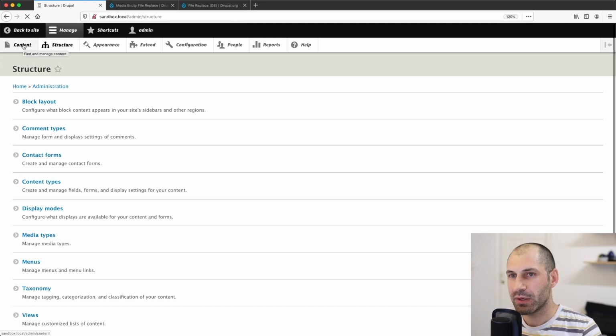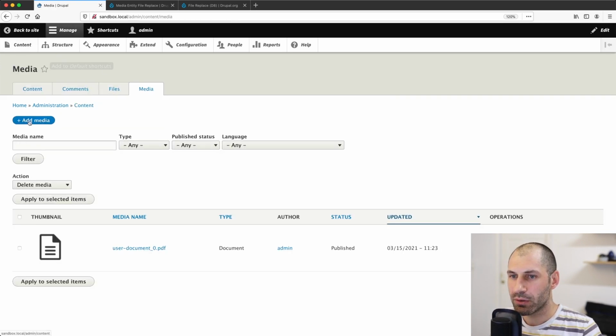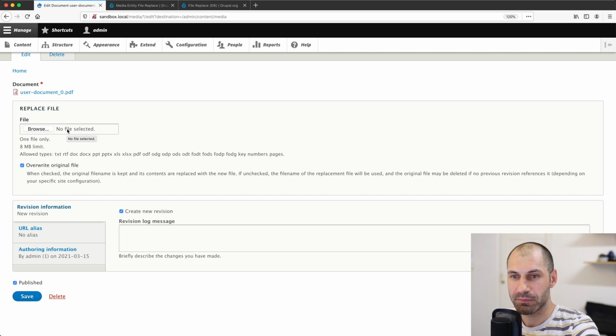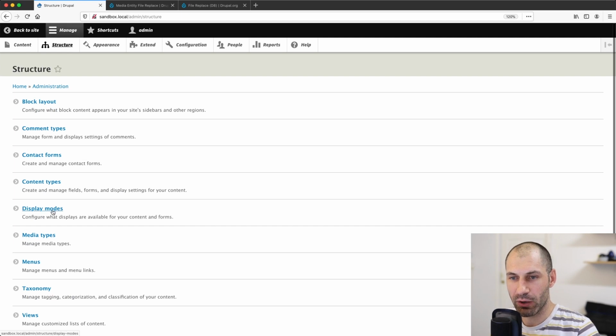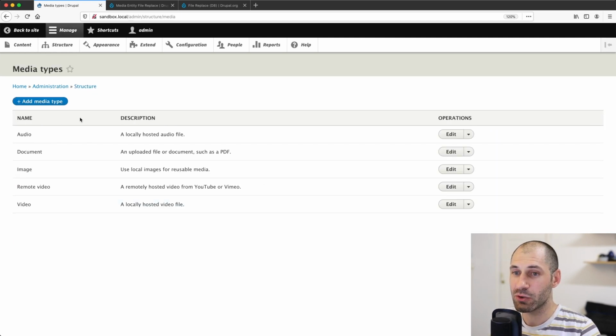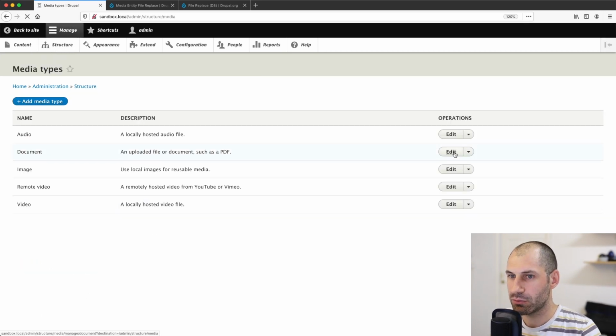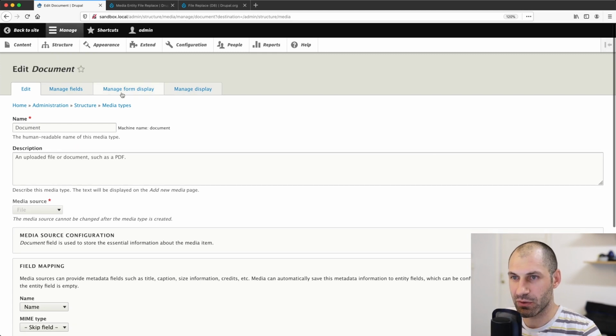But before we do that, if you go to a media asset and let's edit one. Okay, this one actually worked. You'll notice that the actual upload area changed. And now you have this file replace. Now, one thing that caught me off guard when I started using this module is this is all powered by, so just go to structure, media types, document, because we're using document,